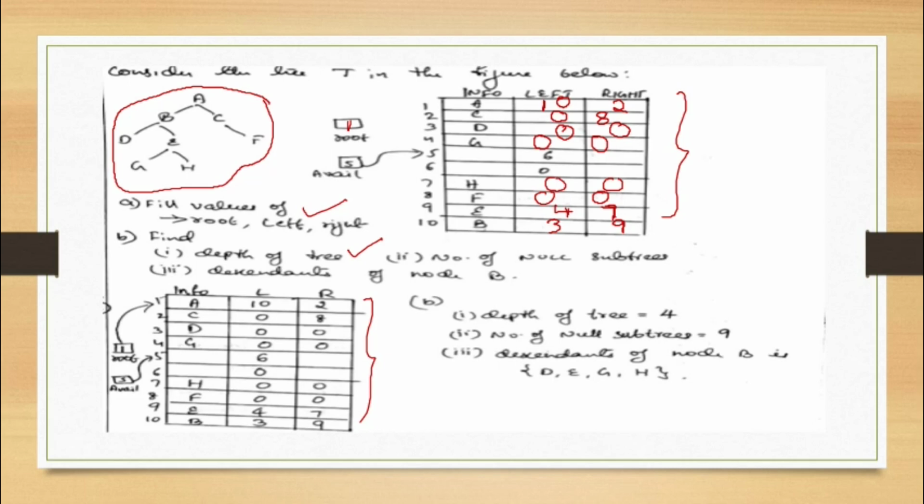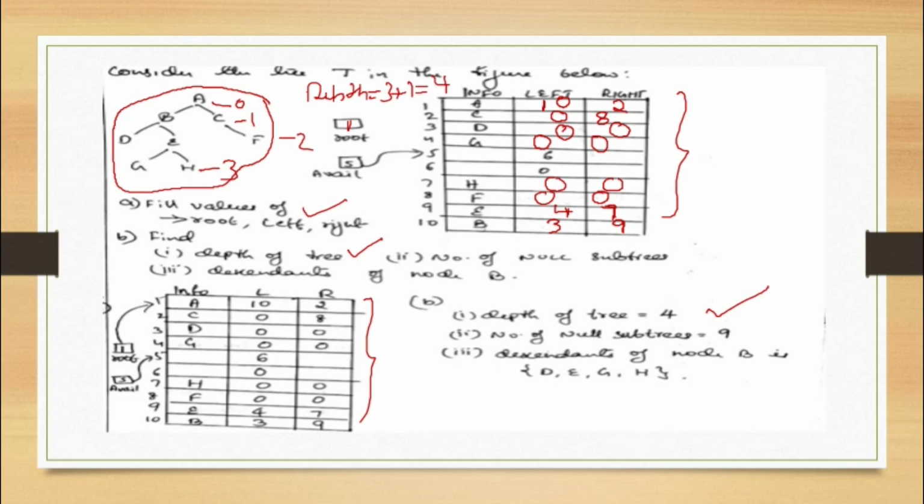So we can understand what is depth. Depth is nothing but the height of the tree. You have level 0, level 1, level 2, level 3. What is depth? Depth is equal to level plus 1. So totally we have 4, which is nothing but 3 plus 1. That is what they are giving.